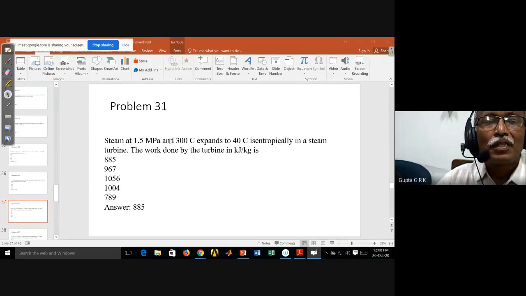Again, the same thing. You are given the steam turbine inlet temperature and pressure. Again, you get the same thing, right? And expands to 5. Only thing here, instead of given pressure, you are given the temperature. You have to see the saturated tables for the temperature to get HF, HFG, SF, and SFG. And again, you have to find out the dryness fraction at the exit, and then enthalpy at the exit, and H1 minus H2, you have to find out.